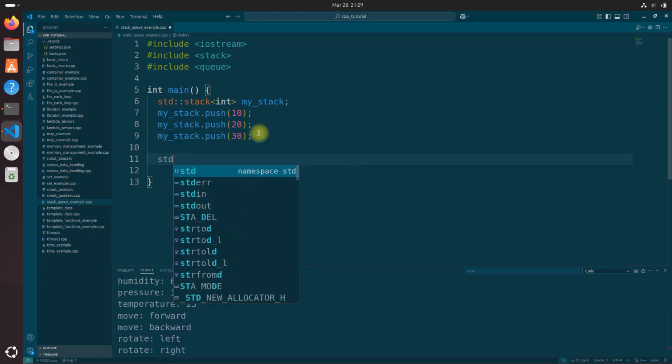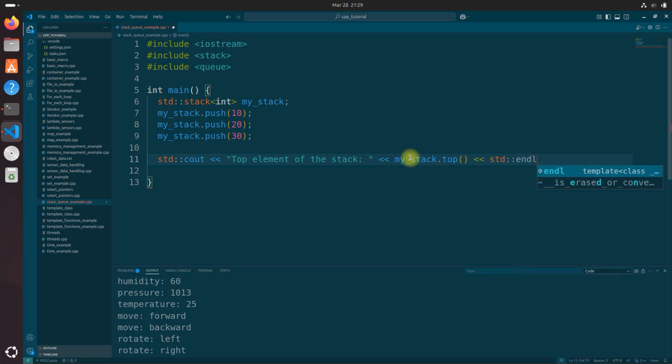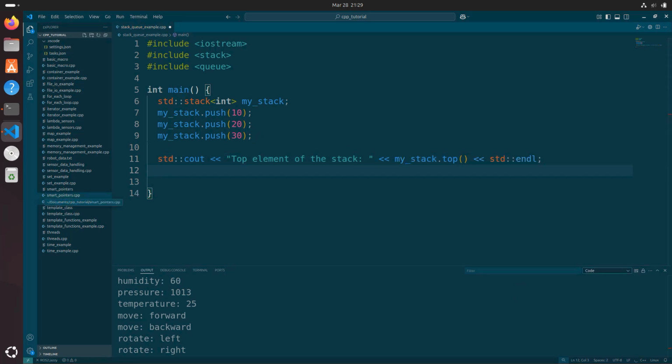So under here, let's do std::cout top element of the stack. Okay. And let's do my stack dot top, and then std::endl. Okay, top element of this stack, and then we want to remove the top element of the stack by using the pop